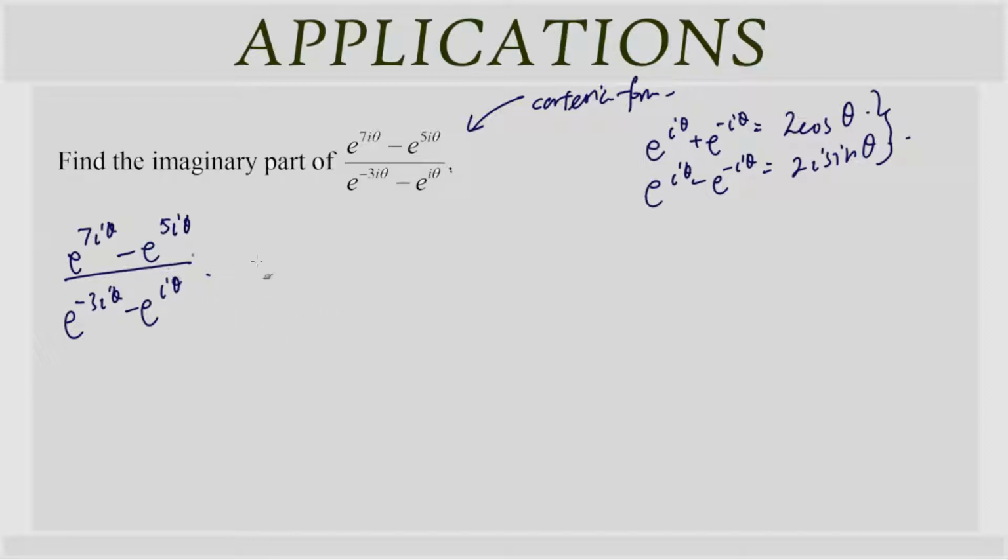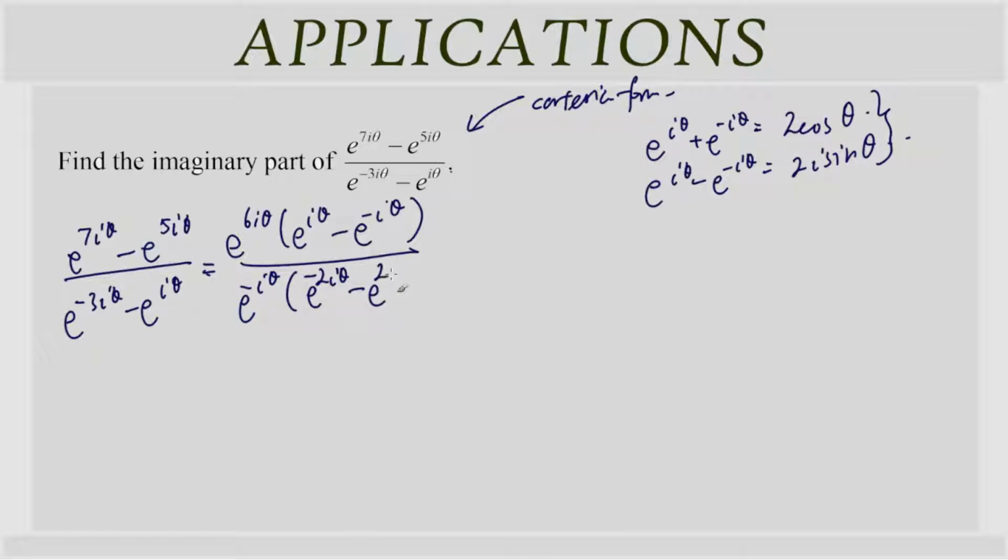So this is equal to, now we want to find conjugates in the numerator, so we have e to the power of 6iθ times (e to the power of iθ minus e to the power of negative iθ). Now this looks really familiar. And in the denominator we have e to the power of negative iθ times (e to the power of negative 2iθ minus e to the power of 2iθ). Right, so taking away the multiplier outside,